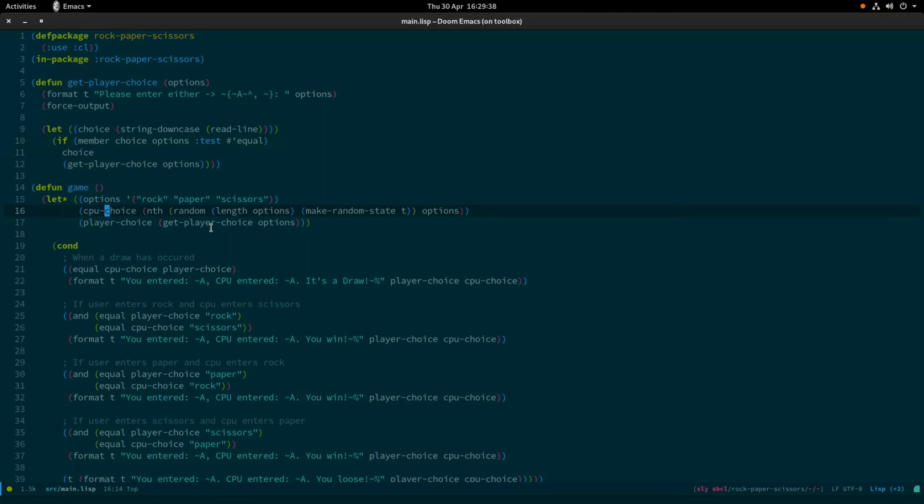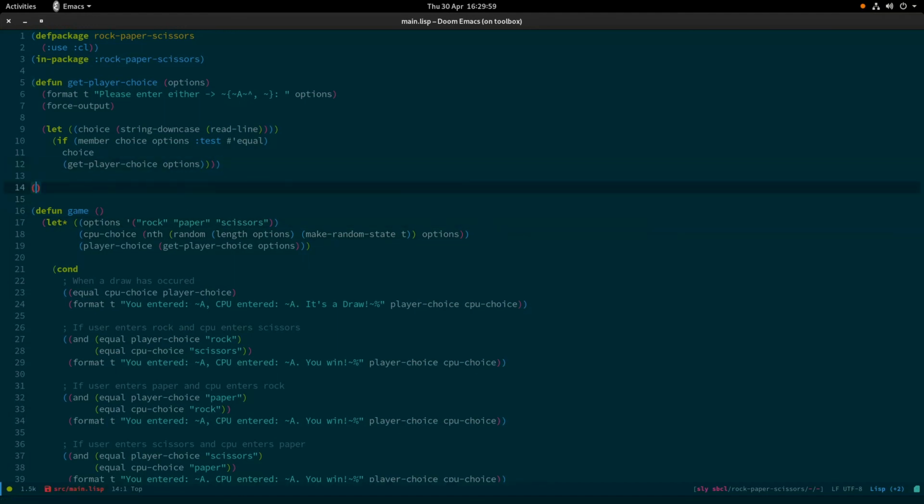The other thing that we want to look at is this let star. If we took that away, all of this wouldn't work, because CPU choice depends on options, which is defined above. And it's the same here with the player choice, because we're relying on the options that are created here. We need to use let star. If we weren't using variables that depended on each other, that'd be fine. We could just as easily have done